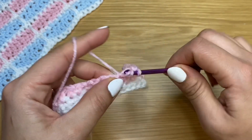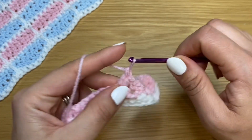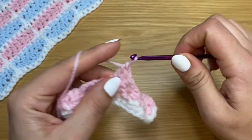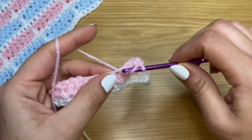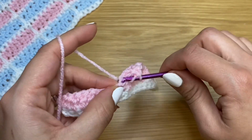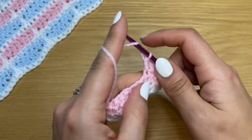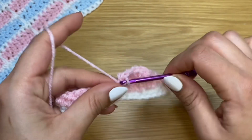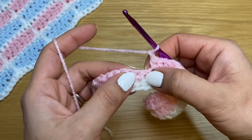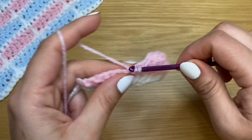Then come 3 double crochets. That's first one, second, third. Follow this on with half a double crochet and a single crochet, and you're going to chain 1, skip this chain 1 from previous row, single crochet and